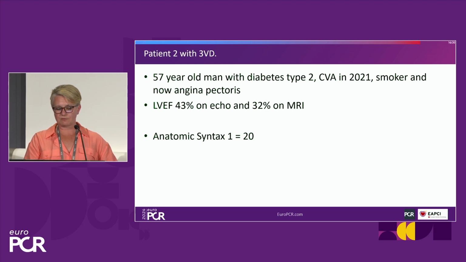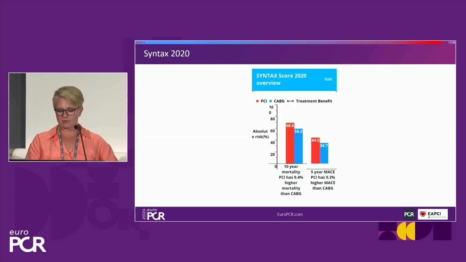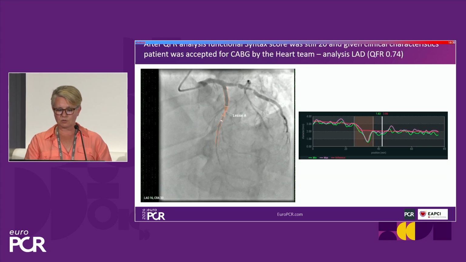And now the second patient is 57 years old, but has type 2 diabetes, CVA or stroke in 2021, smoker, mildly depressed ejection fraction, and severely depressed on MRI, and an anatomic SYNTAX score of 20. Given all the clinical features, he has much higher mortality with both procedures and slightly higher with PCI than with CABG. So here we also proceeded to use angio for assessment,